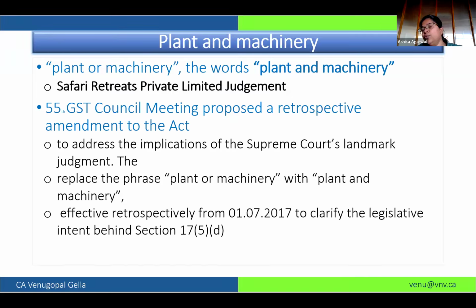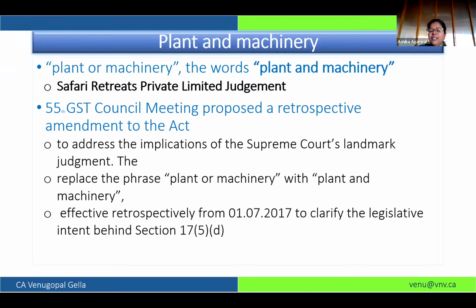In Safari Retreat, the Supreme Court has given the decision that as the words in construction service use plant or machinery, it is disallowed when the construction is made on one's own account. But where the construction is done for further supply, like where it is a storage house, or where a shopping mall is being constructed, in those cases this supply was to generate further revenue on which GST was applicable.